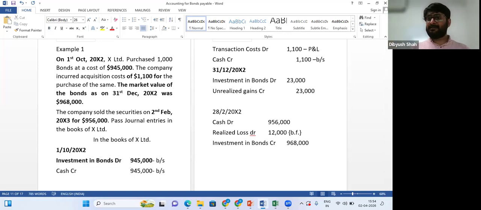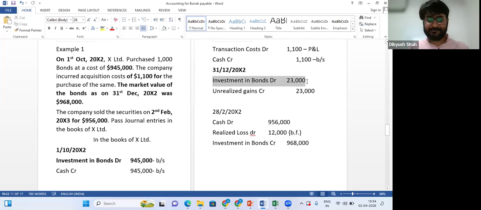And this has increased on the balance sheet date to 968. So I have to make sure that on the balance sheet date, the investment is worth 968,000 in the balance sheet. How do I do it? It's an asset account. I debit it. So the balance increases